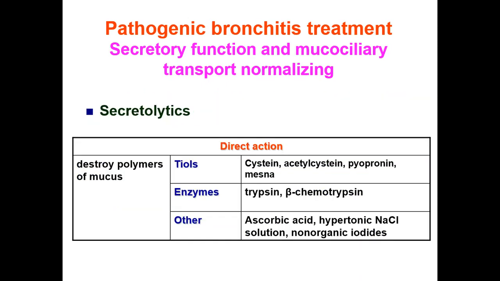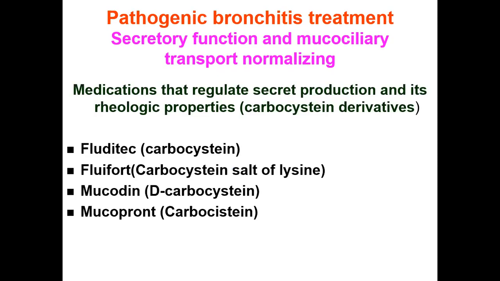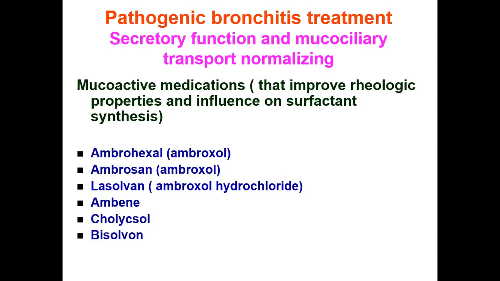Secretolytics include thiols, enzymes, and others: cysteine, acetylcysteine, fibronin, mycin, enzymes trypsin and chymotrypsin. Medications that regulate secret production and its rheologic properties: Fluifort, Fluditec, Mucodin, Mucopront. Mucoactive medications: ambroxol, Ambrosal, Lazolvan, Ambran,